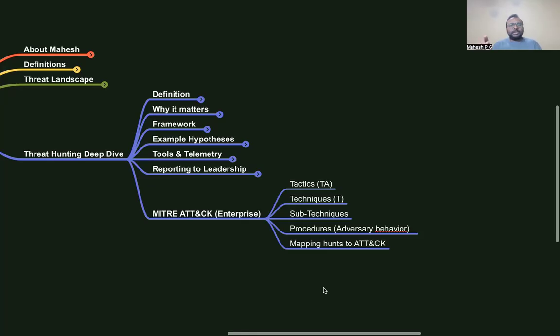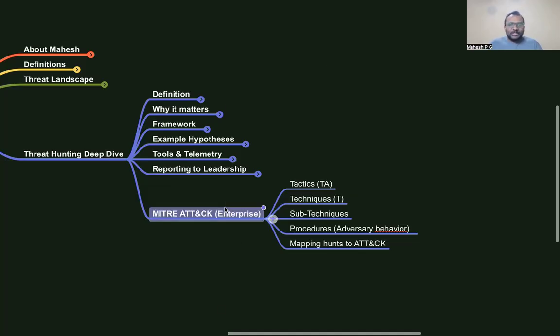We will take a particular TTP, see that this threat is happening in my organization, and decide what hunting process I need to do. MITRE mapping is used across security operations to ensure the detection rules are aligned with it, and we do threat hunting based on various hypotheses which can also be aligned with the MITRE ATT&CK framework. That is one of the core things every security operations person, threat management person and security analyst should know about.